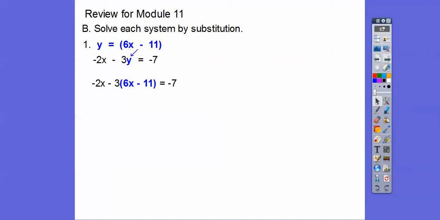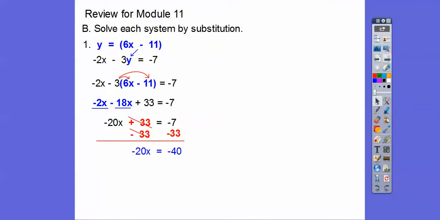And then we distribute the -3 through. So -3 times 6x is -18x. And careful, -3 times -11 is a +33. Okay, now we can combine the x's. -2x minus 18x is -20x. And then we can subtract 33. -7 minus 33 is